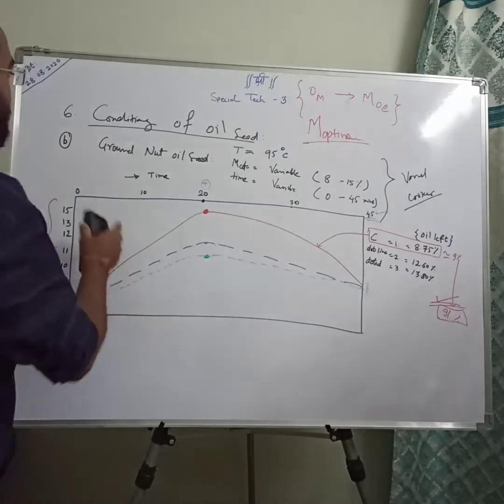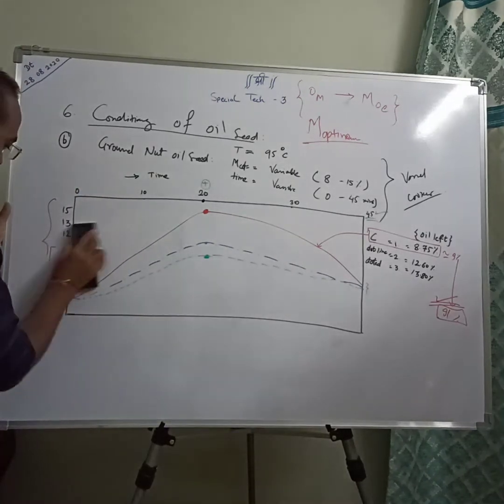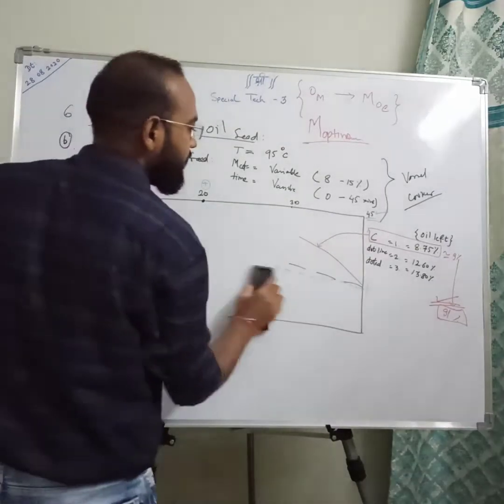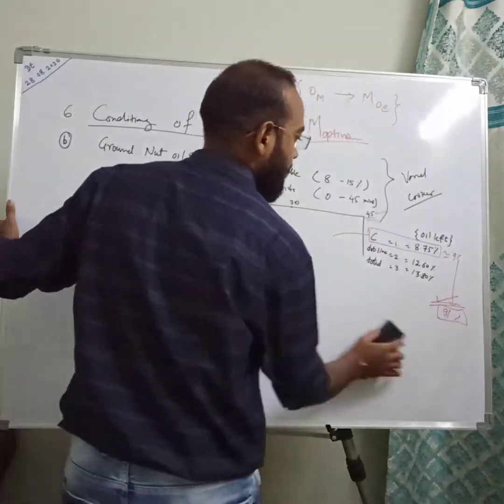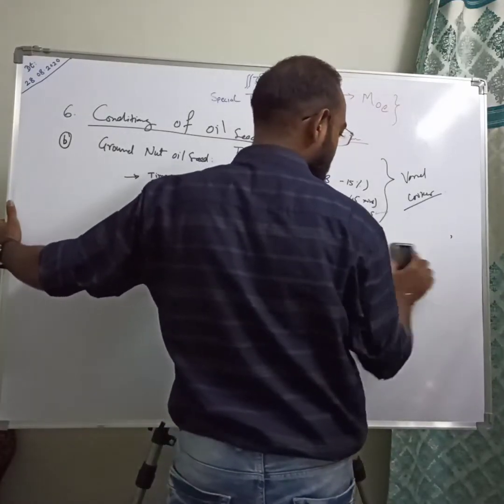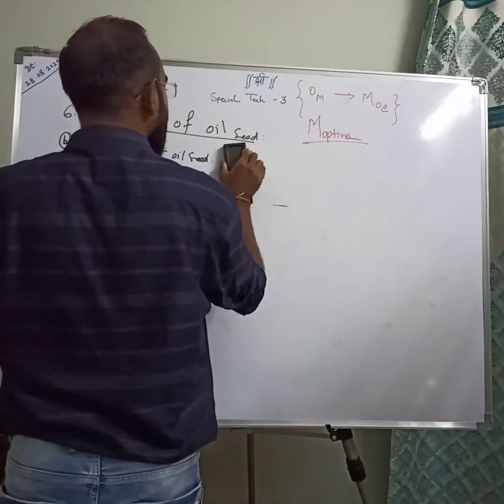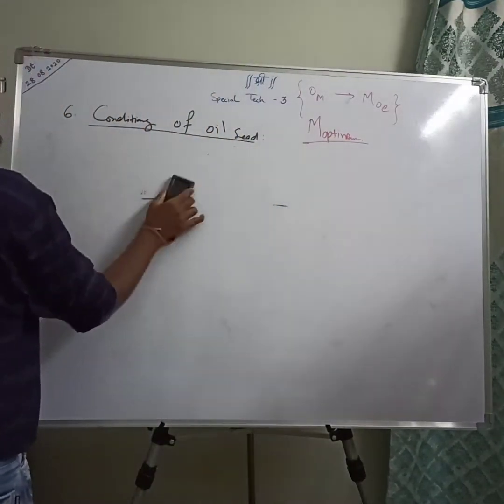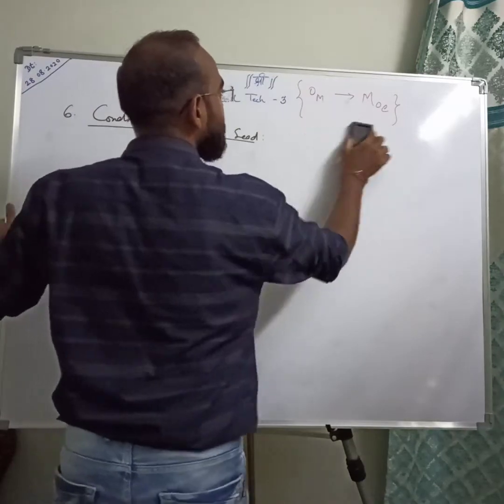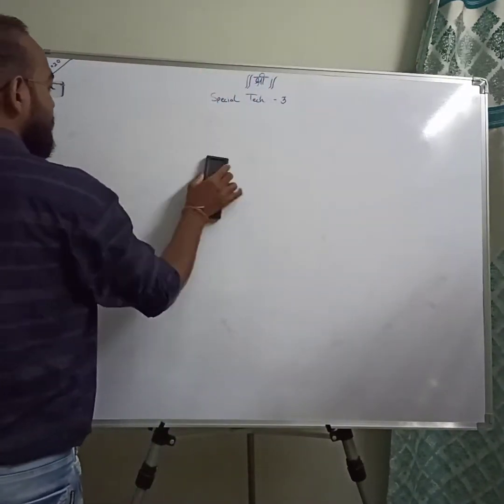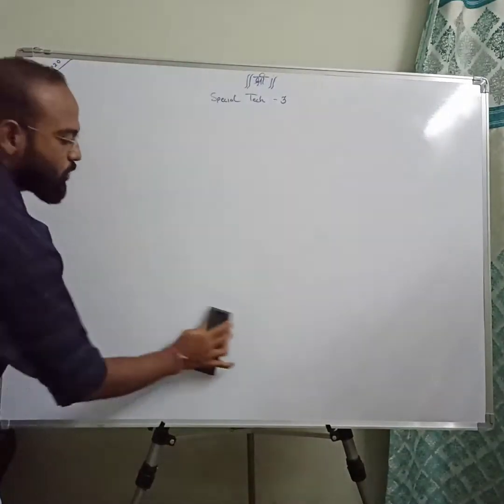This is all about the second graph. So here I covered all three different conditions of moisture. That is, first one is when the moisture content is less, second one is moisture content is very high, and third one is moisture content is optimum. All the three different factors or three different stages are carried out in detail. Hope everyone understands it.